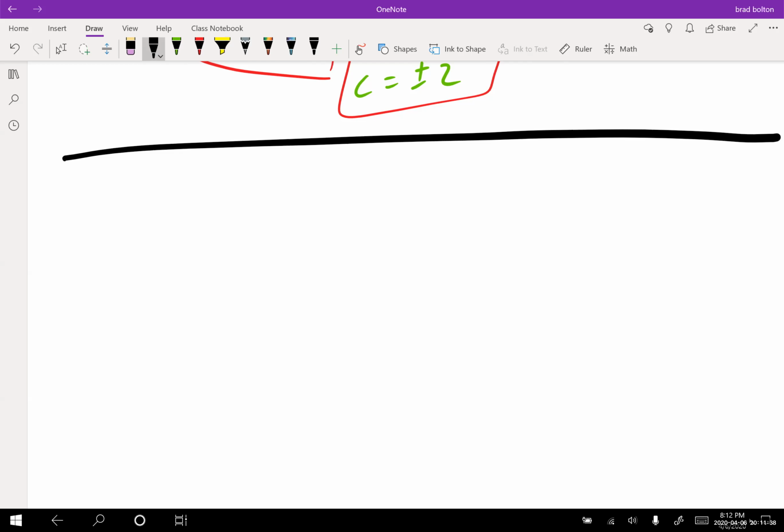Okay, so I'm going to draw you guys a little picture, and I want to see what these look like graphically. So we have this, and I'm just going to draw a little axis right in the middle, right there. Okay, so this is 0,